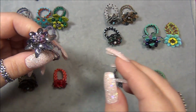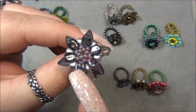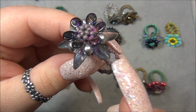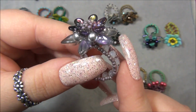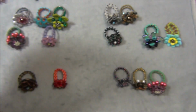Now this one here is done with 3 layers. This is the only ring I have in this one. This was actually a recent tutorial I did not too long ago. So I have petal beads, teardrops, and I have these spiky looking beads with like twisted spikes. Pretty cool. Today's ring is actually going to be a little similar to this, but I will have 4 rows,